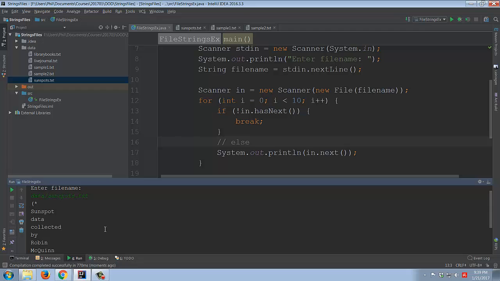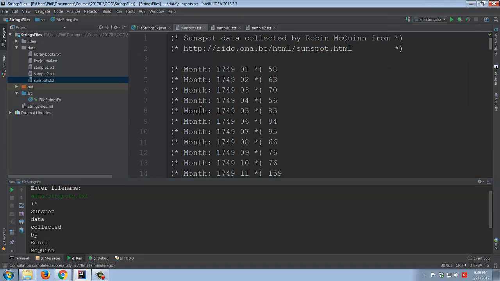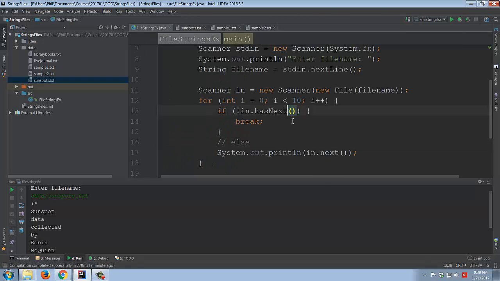And notice what happened. Next does return strings. The first thing it returned was that, then it returns sunspot, then data, then collected. So the way next works, it talks about this idea of tokens. The whole thing is that these spaces separate the individual tokens. On the other hand, if I change this to next line,